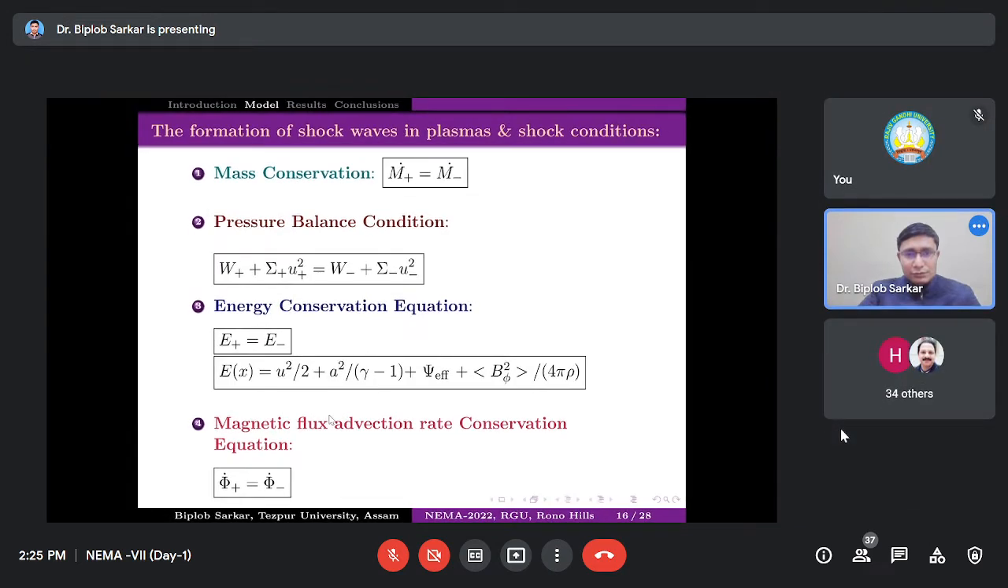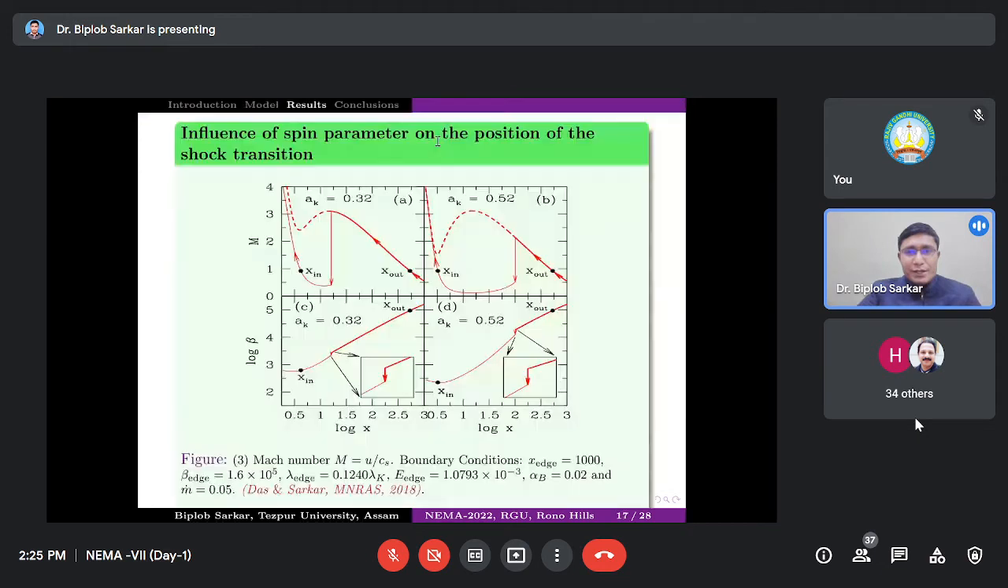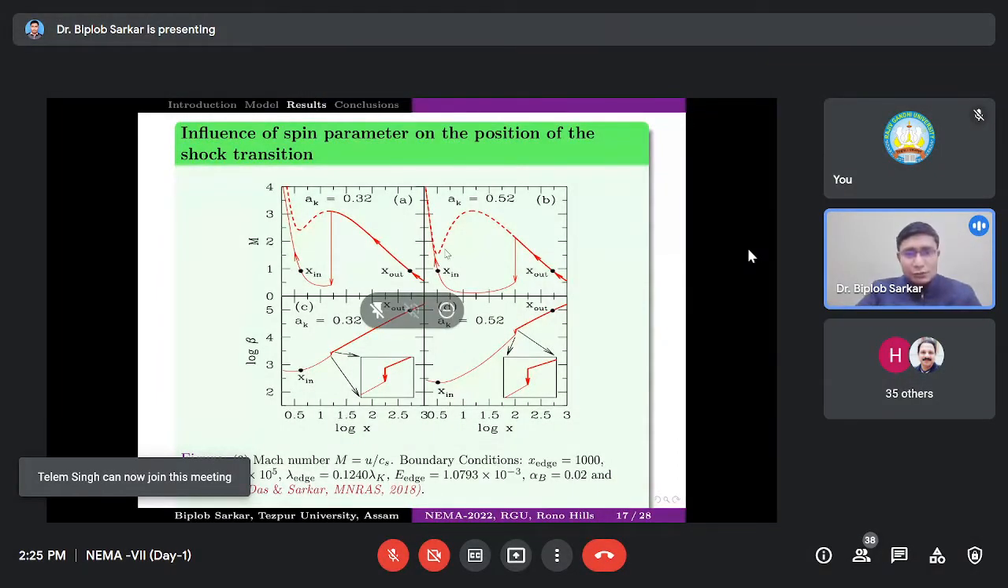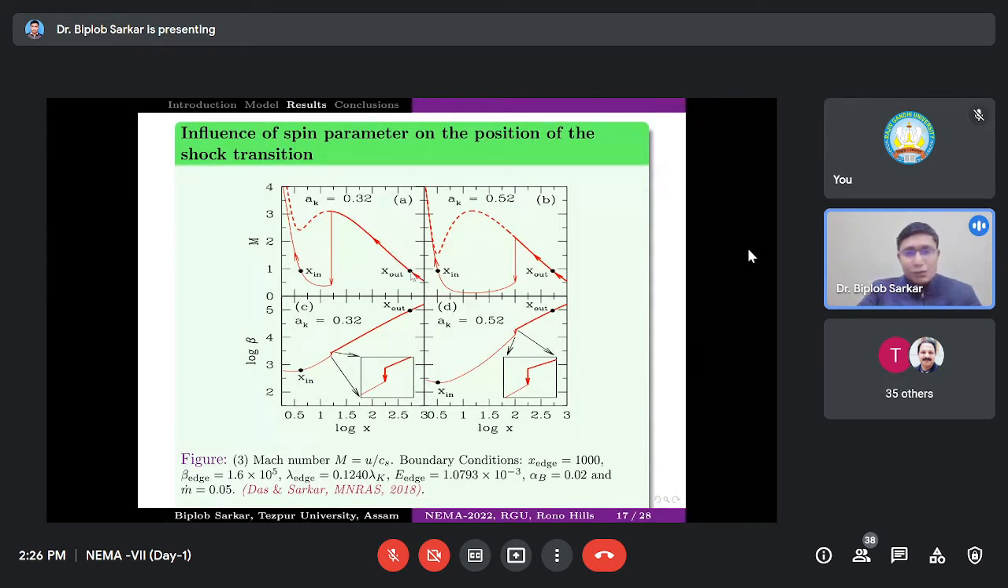About the influence of the spin parameter on the position of the shock transition. Okay, so as I already told you, accretion flow around a black hole is essentially transonic. So accreting matter at the outer edge will be subsonic, and this accreting matter must fall into the black hole horizon supersonically. So evidently the accreting matter must pass through a sonic point and it must become supersonic before entering into the black hole. So in this particular plot here, I have shown in the top panels